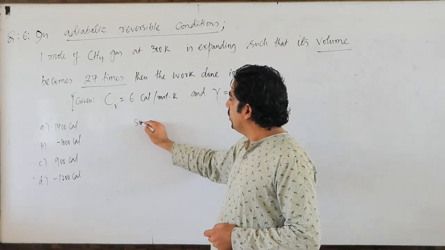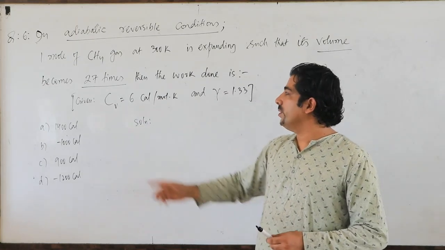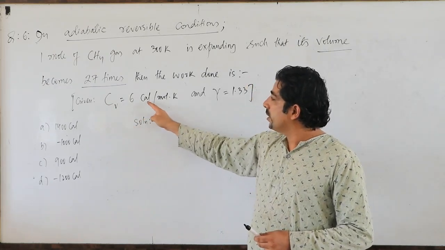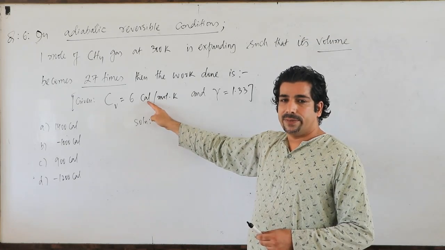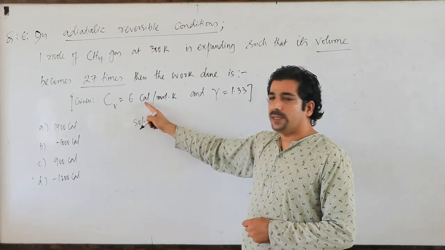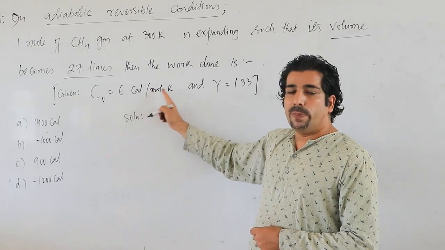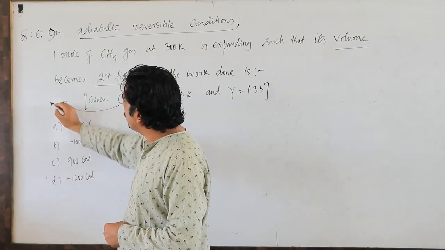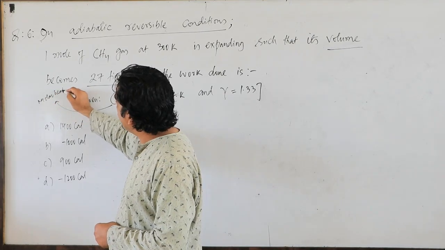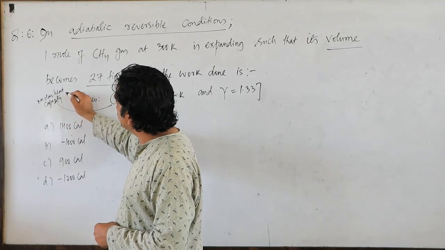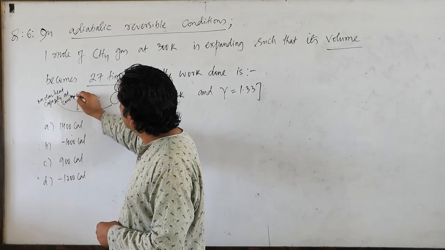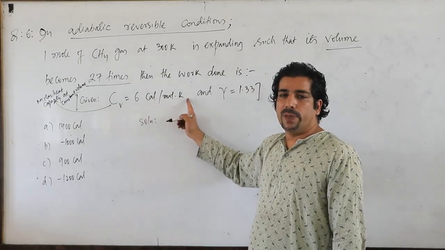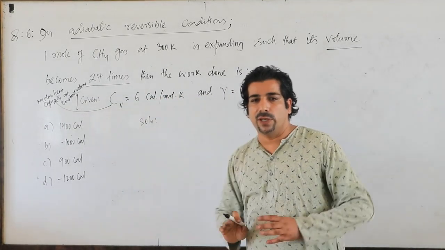First of all, let's find the solution for this problem, and even the molar heat capacity. This is the molar heat capacity at constant volume, because see the units: in place of joule they have used calorie here. So calorie per mole per Kelvin, this factor is nothing but molar heat capacity at constant volume. The units tell you calorie per mole per Kelvin. So joule has been replaced by calorie, that is the only thing here.